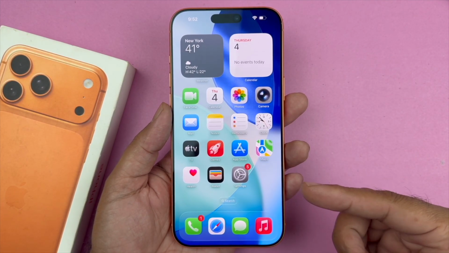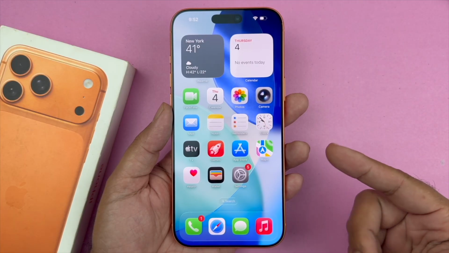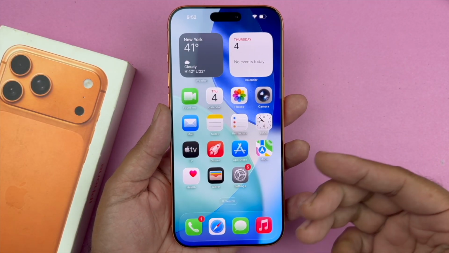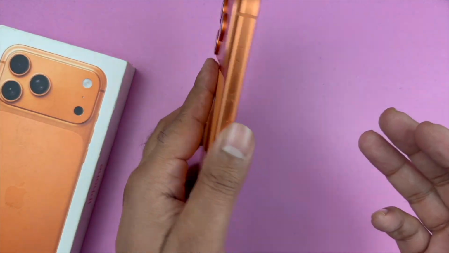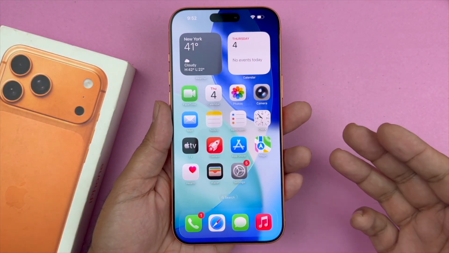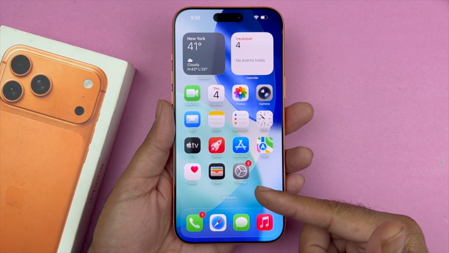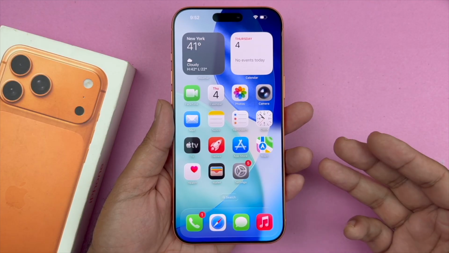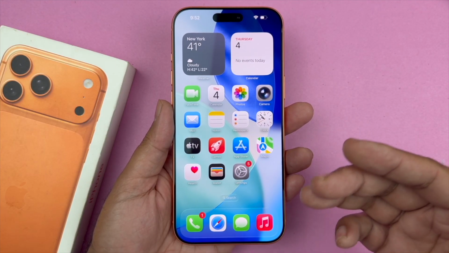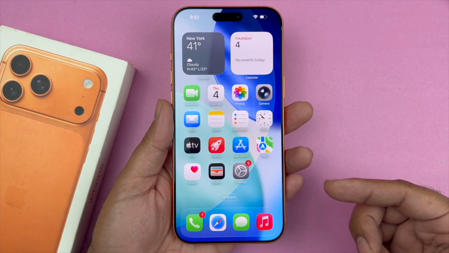In today's video I'm going to be showcasing how to adjust the icon size on your iPhone 17 or the 17 Pro and the Pro Max devices. So as you can see, currently I have small icons with the name. To make them bigger, or if they are big, to make them smaller, you want to go to your